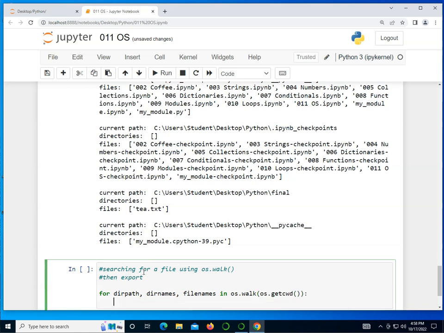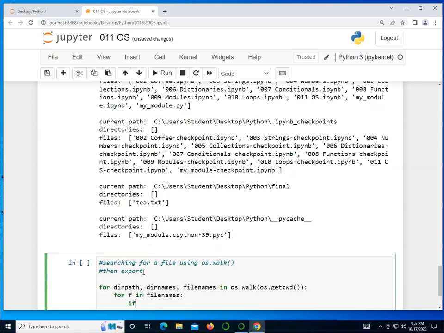So this is going to get us all of those things. I'm going to have another for loop for f in file names. We're going to do a comparison. If f is equal to, say, t.txt, which is our file,